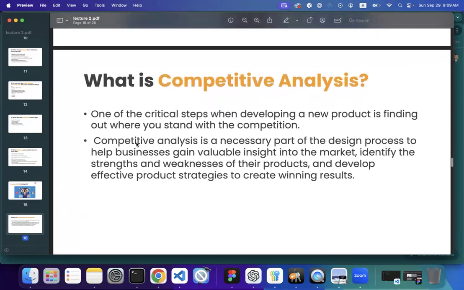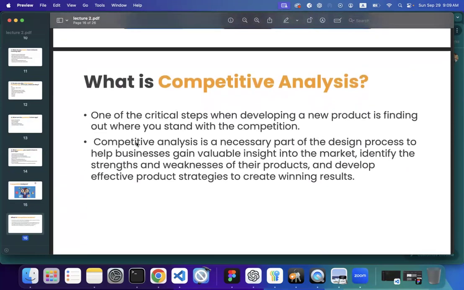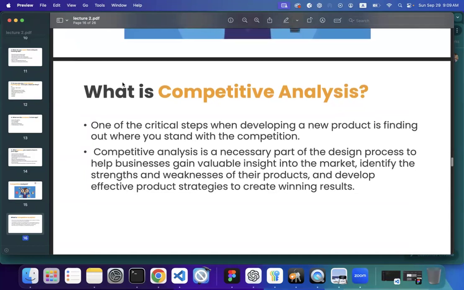What is competitor analysis? One of the critical steps when developing a new product is finding out where you stand with the competition. Competitor analysis is a necessary part of the design process to help businesses gain valuable insight into the market, identify the strengths and weaknesses of their products, and develop effective product strategies to create winning results. So